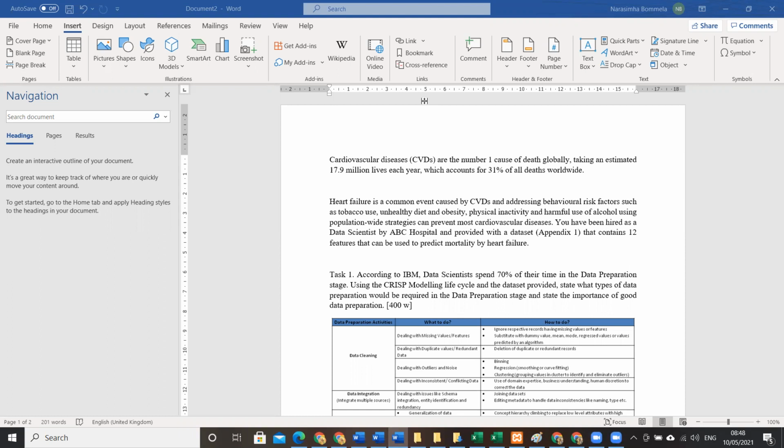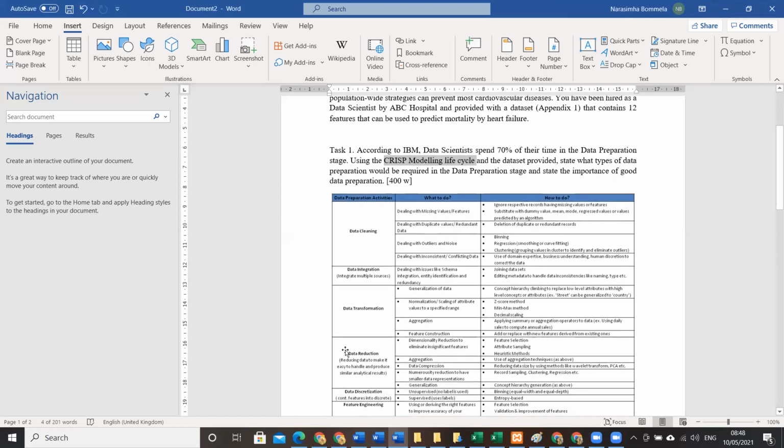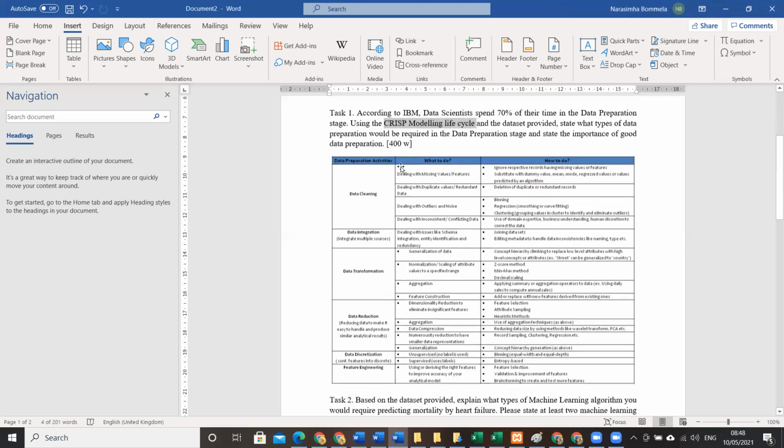activities. There is a modeling called CRISP modeling that is applied in this area, and it describes what kind of activities we do. These all are data preparation activities. As a part of this data preparation activity, what we do is mentioned over here, and how we do it is mentioned over here. You can cross-check CRISP modeling data preparation, and you can find proper detailing related to it in